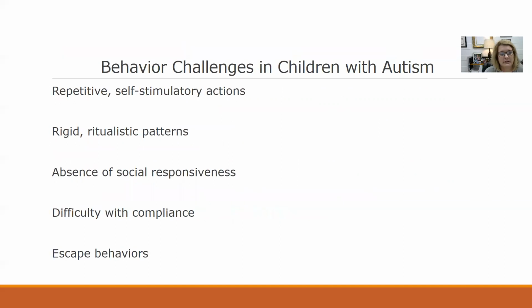But the one thing I wanted to talk to you about right here are the behavior challenges with children with autism. They're going to have those repetitive self-stimulatory actions like rocking back and forth, spinning. Sometimes those repetitive actions may come in the form of self-mutilation, like picking, banging their heads on the table, you know, those kinds of things. They have very rigid ritualistic patterns, like they do things the exact same way. Like one that I can